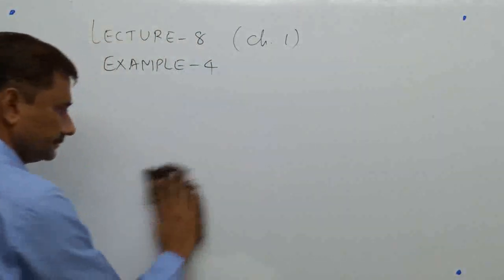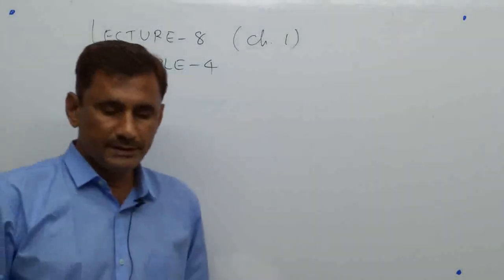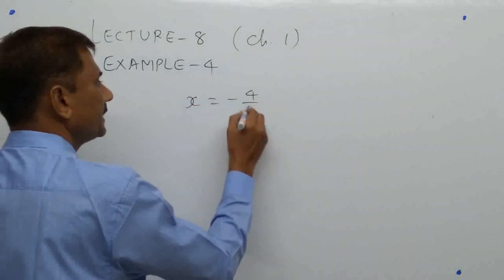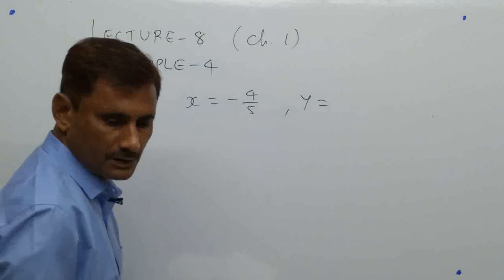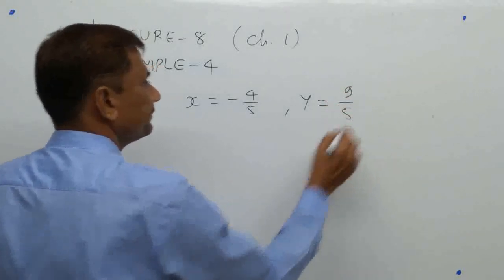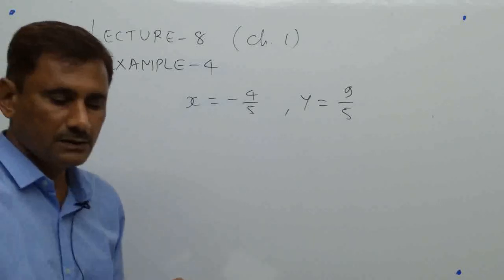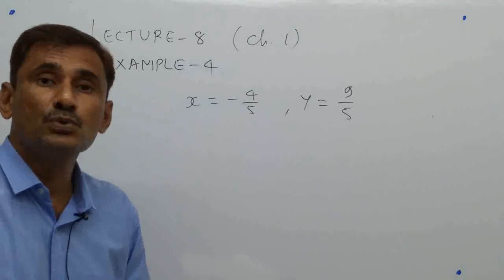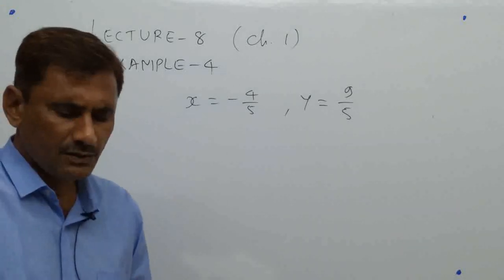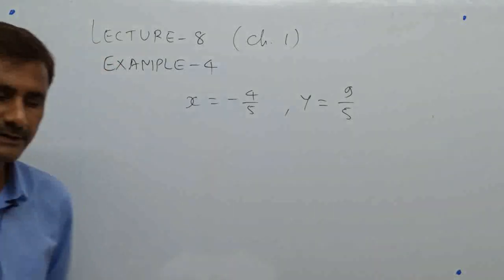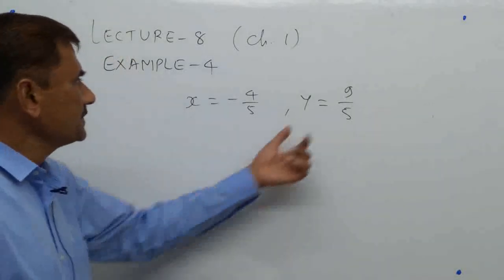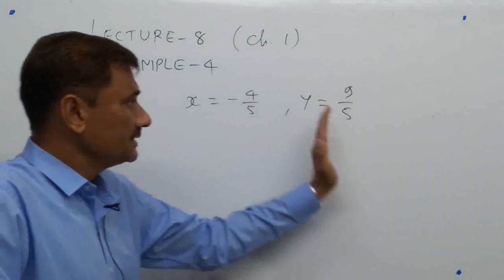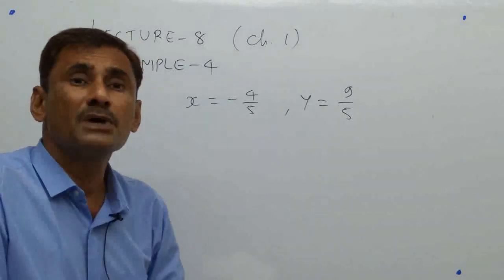There it is given x equal to minus 4 by 5 and y equal to 9 by 5. Now we have to take the proper option, so that it is correct. So there are three options: x greater than y, equal to y, or less than y. Now you know a positive number is always greater than a negative number. Negative number, then 0, then positive number. You know that number line.